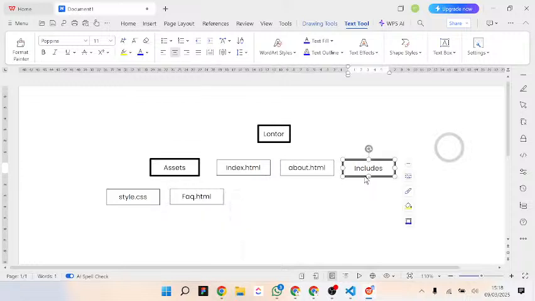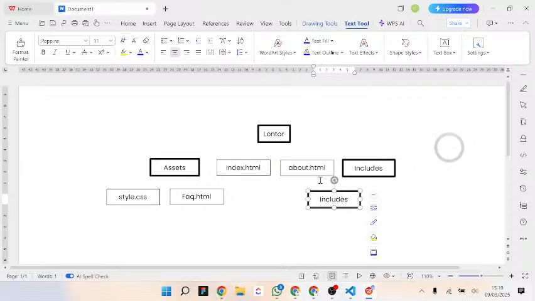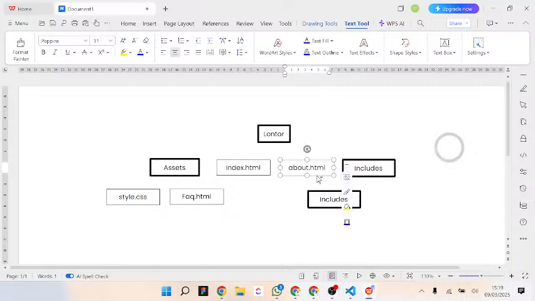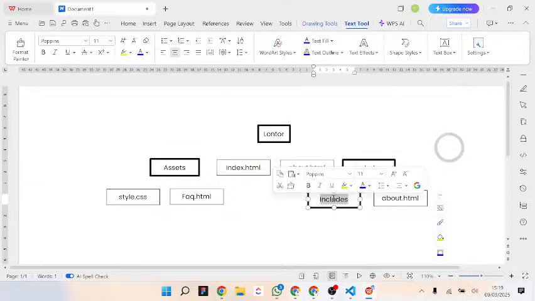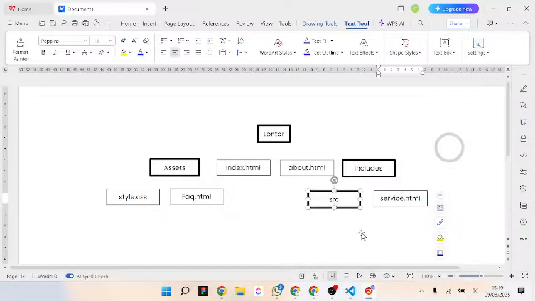So I will duplicate this to create a folder below here, and I will duplicate this to create a file below here. So let's say this one is called src, which simply means source, and this one is called service.html. Now in this source, I want to have